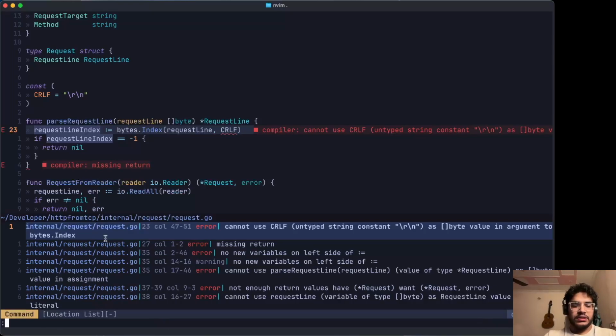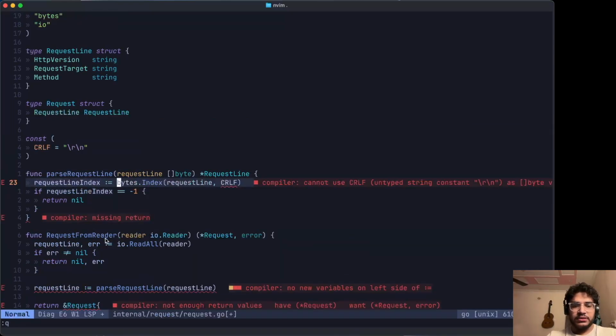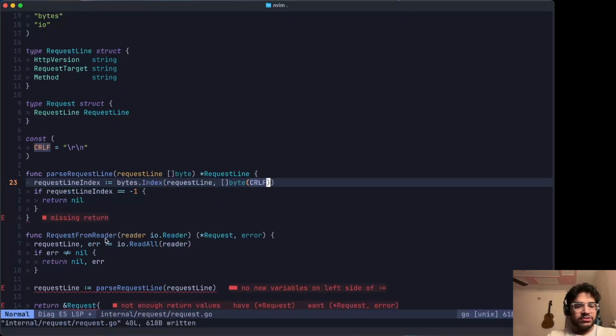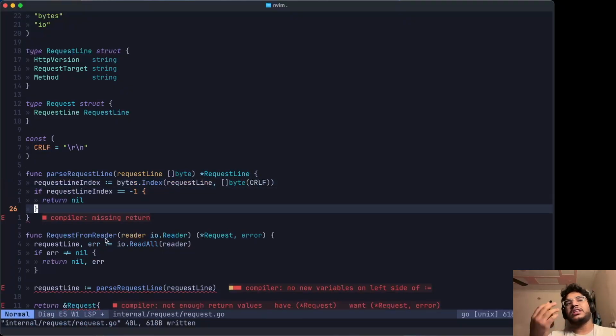So I need to return this converted into a byte value, an array of bytes. A string is just an array of characters, and if we take a chunk of bytes which contains multiple bytes, then we can say it's an array of bytes. That is why we should use square brackets here. Okay,